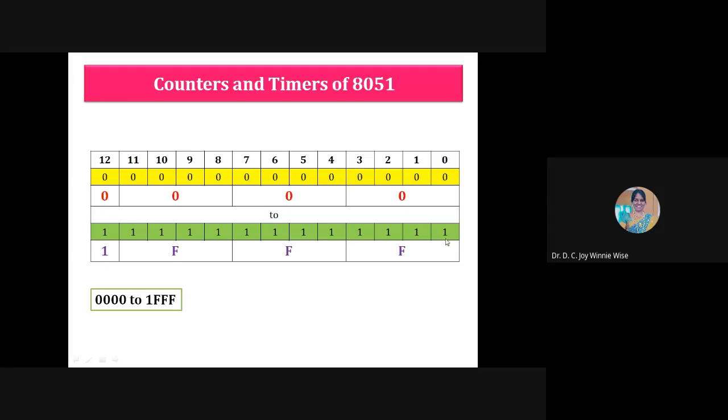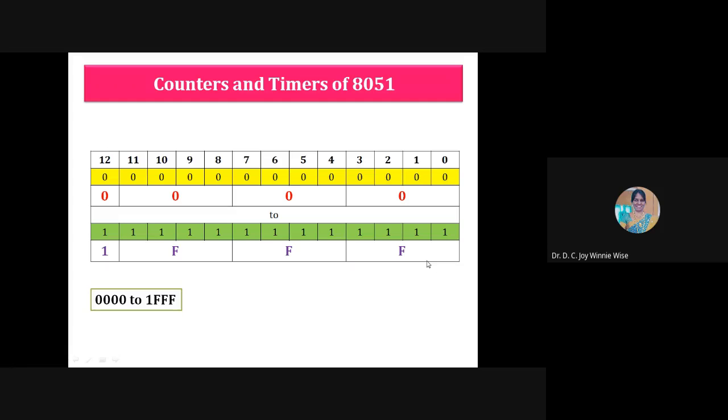When I substitute all the bits as 1, I get F for each group of 4 bits, and here 1 is replaced. So the range is from 0000 to 1FFF.